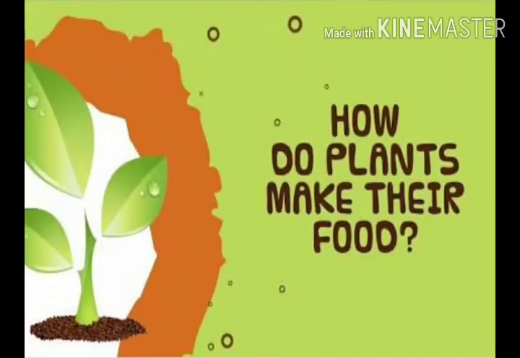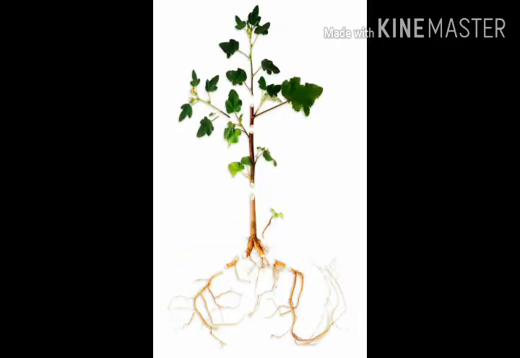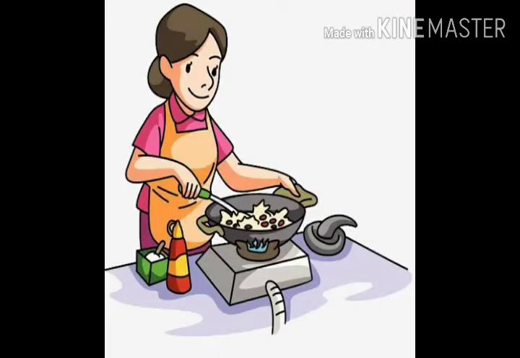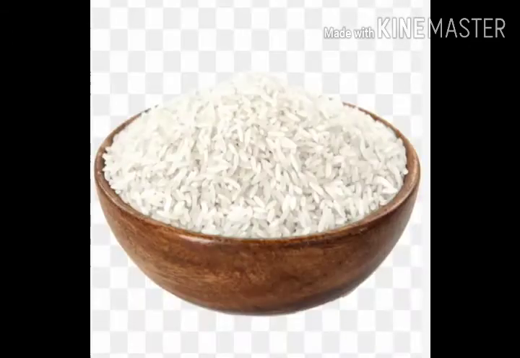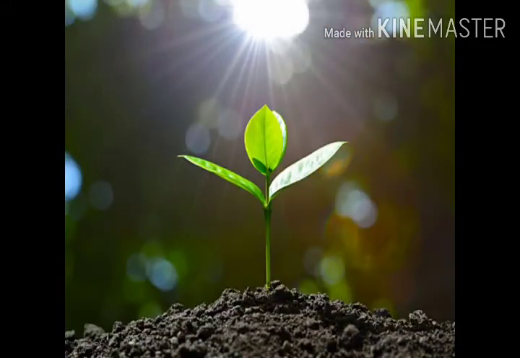Now, have you wondered how plants make food? Plants make their own food. The roots, stem, and leaves help the plants to prepare the food. At home, how does your mother cook food? Let's say she is cooking rice. She needs fire, say from the gas stove, to cook. Correct? Same way, the plants need the heat energy from the sun to make their food.